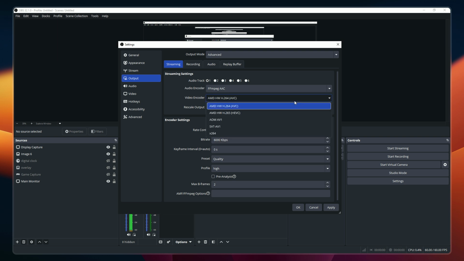The encoder you choose here depends entirely on your graphics card. If you're using an NVIDIA GPU, select NVENC H.264 or NVENC AV1. These encoders use your graphics card's dedicated hardware for encoding, which takes the load off your CPU. If you're using an AMD GPU, select AMD HW H.264/AVC. For Intel GPU users, select QuickSync H.264. It's important to avoid X264 in this case, as it relies on your CPU and can cause performance issues and